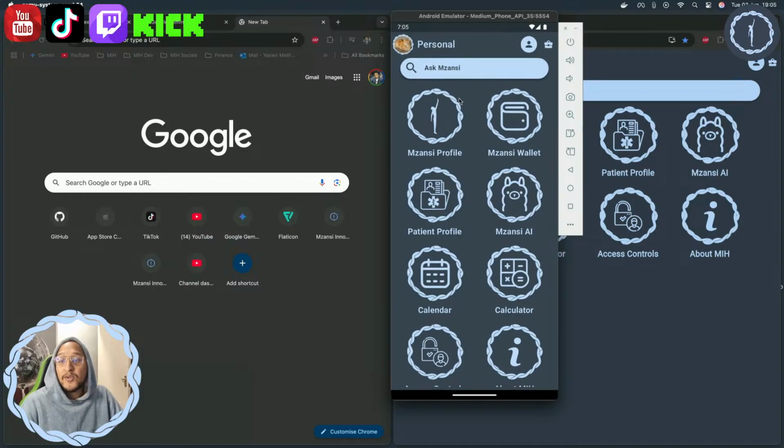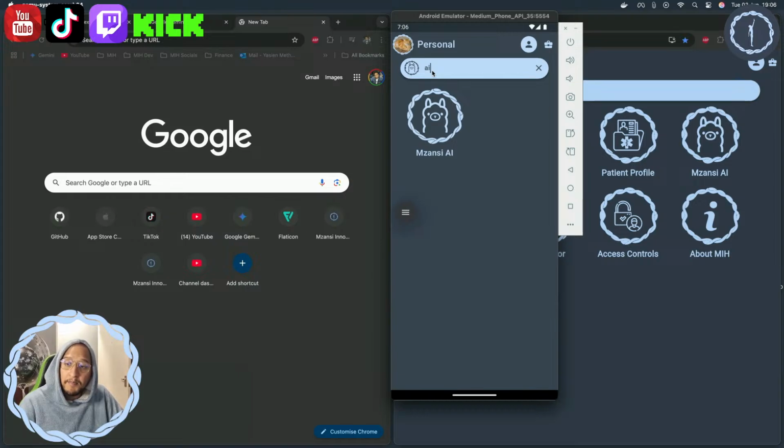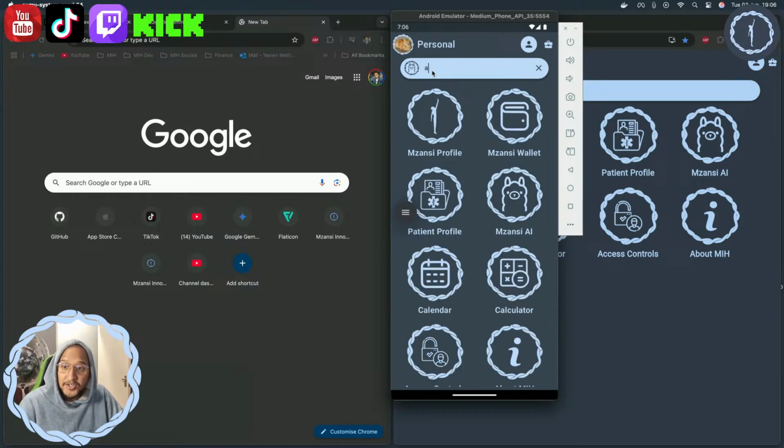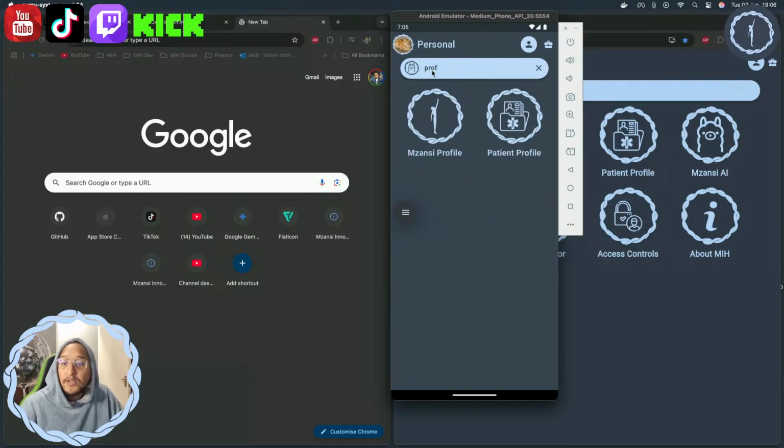If we go back, you'll see that we have a new Ask Mzansi screen. So instead of it saying search MIH packages, it now says Ask Mzansi. It provides the same functionality where you can search for a package or a badge. Someone mentioned that these look like badges, so you can search for a badge to run the package. So if I search for profile, you'll see that it brings up both the Mzansi profile, your Mzansi profile, and